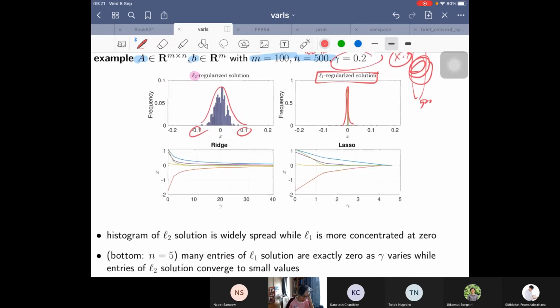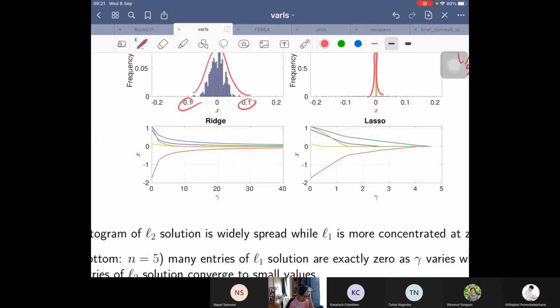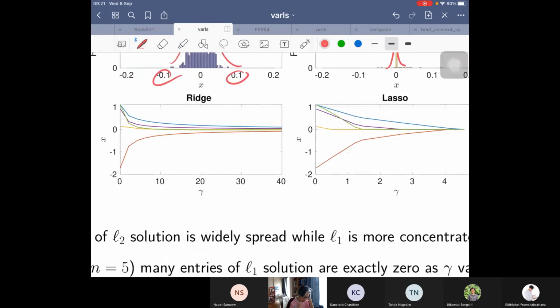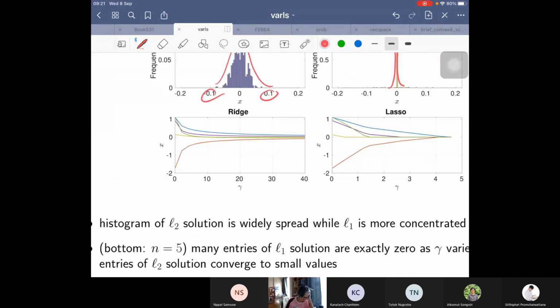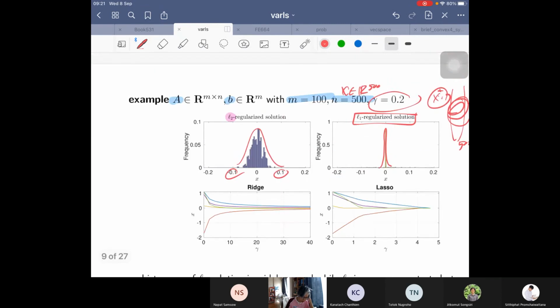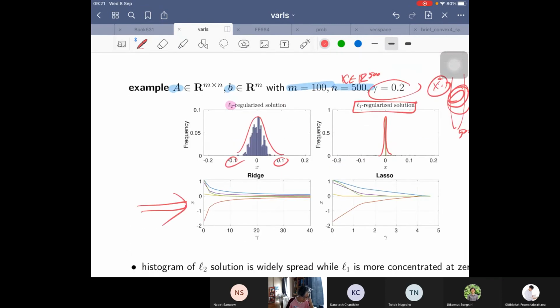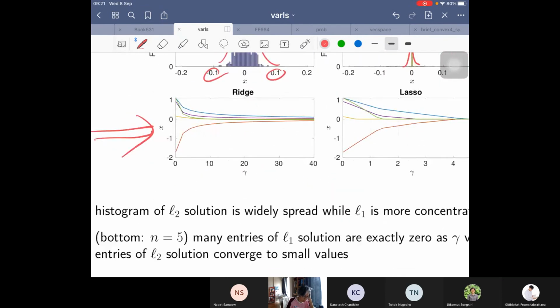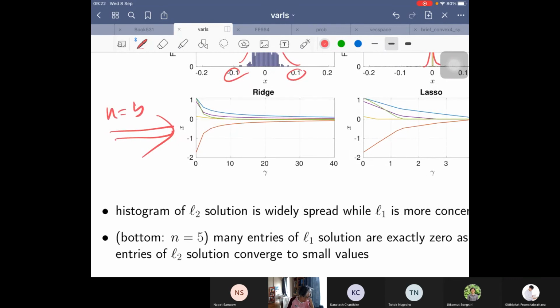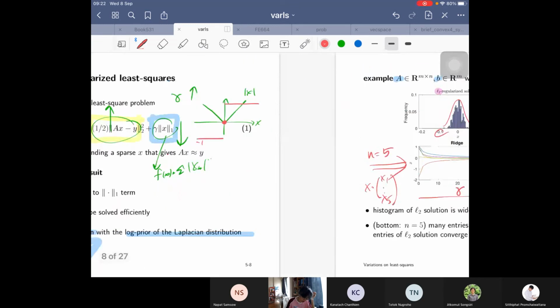In this graph, x has 500 entries. In this bottom graph, I run the problem again, but in the case that my n is 5, so my x has 5 entries. So I solve the problem where I vary gamma from 0 to 40. As you will see again,